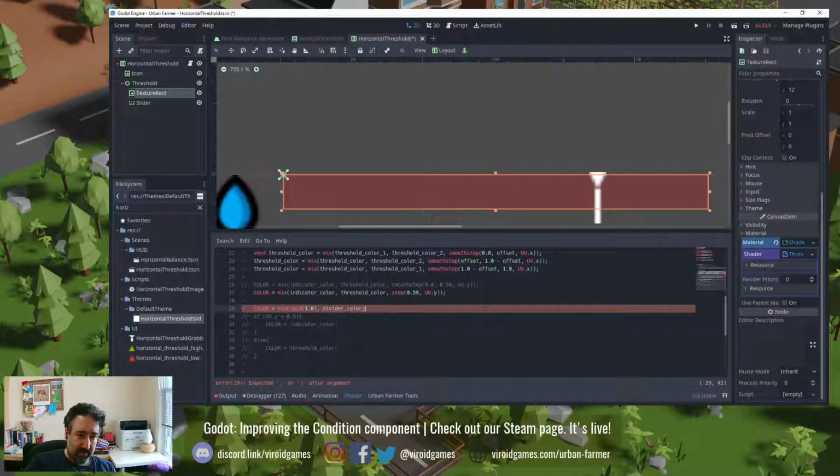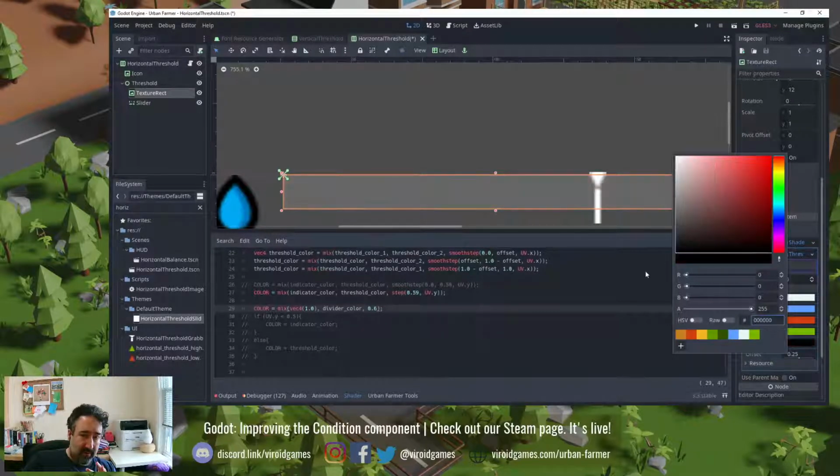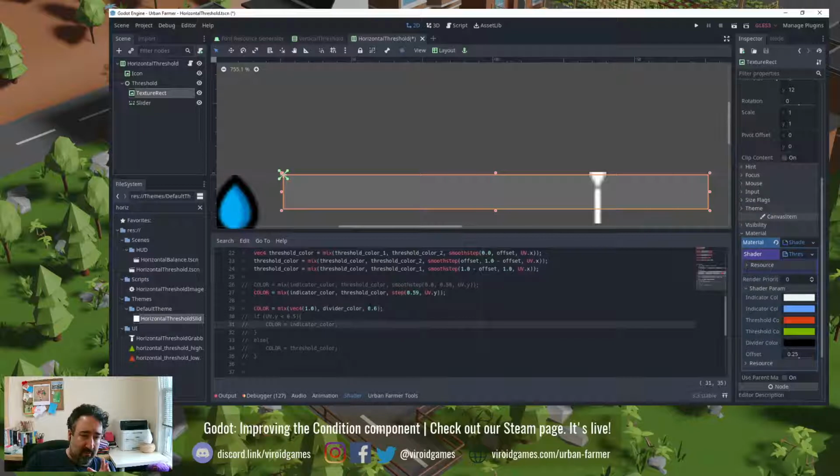Just white, just the divider color. This is actually mixing it 60%. So it's actually mixing white and black 60%. Well, this is actually reddish. So okay, we don't want this. We want